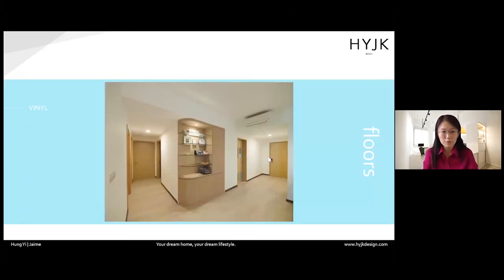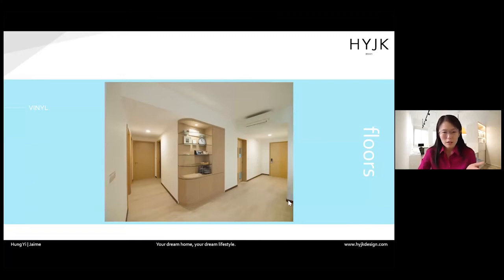Now for vinyl floors, it's now very, very popular. Some of you will have heard about it. It looks like wood, and there are also appearances where it looks like concrete or stone materials. It's not as common as wood appearances, but most vinyl suppliers would have them.